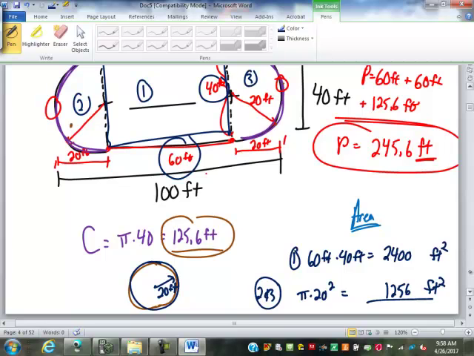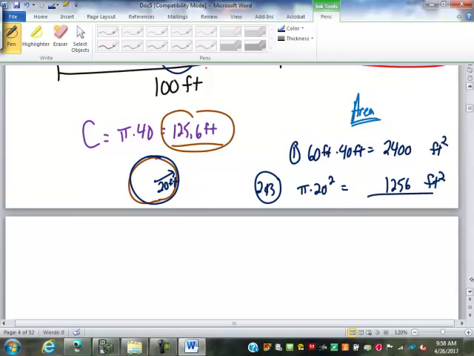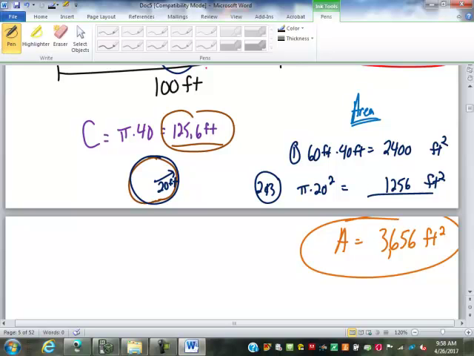If I use 3.14 as pi, feet squared. So that adds up to 3,656 square feet for my total area. So really the only trick to these is cutting them up into pieces that we know how to find. Right now we know how to find circles, we know how to find rectangles,